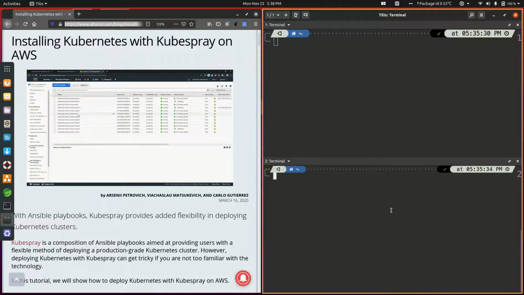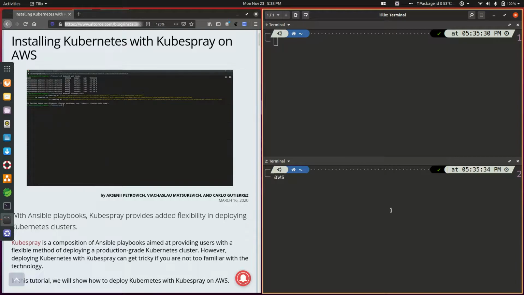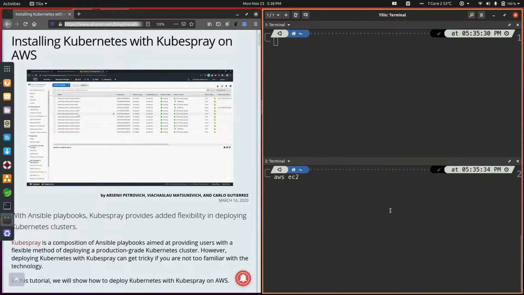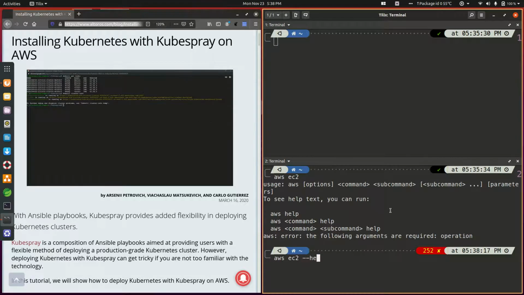So let me use terminal 2 to access my AWS environment here. I have logged into my AWS environment. I can just check EC2.